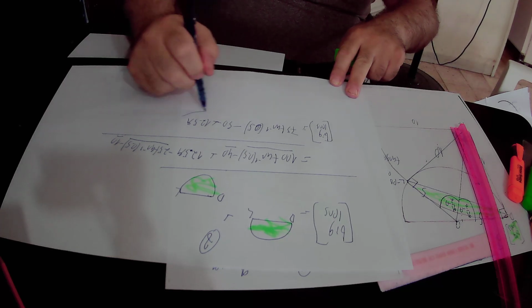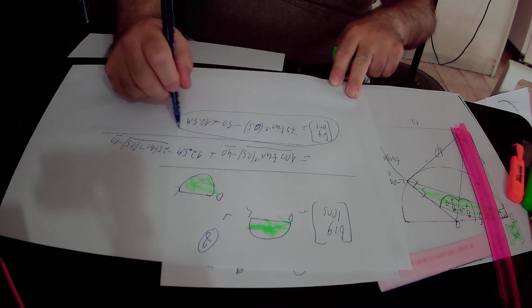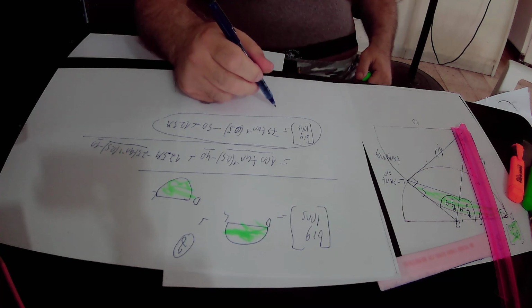Okay, this is the area of the big lens, and we have already found out that the area of the blue lens